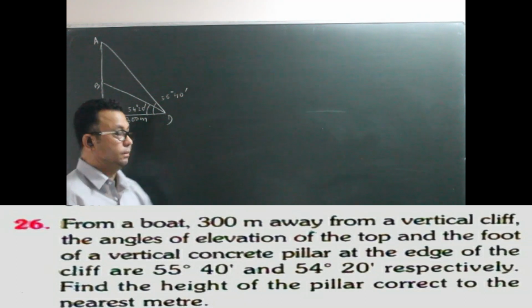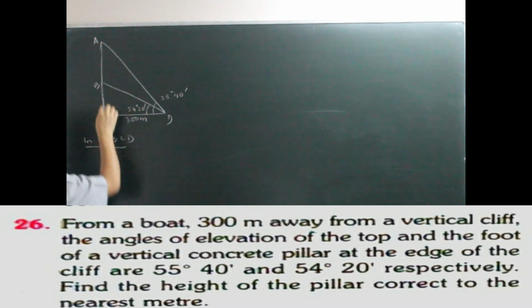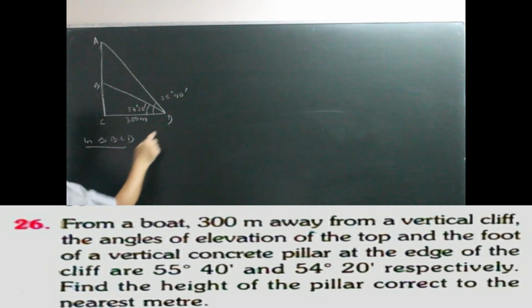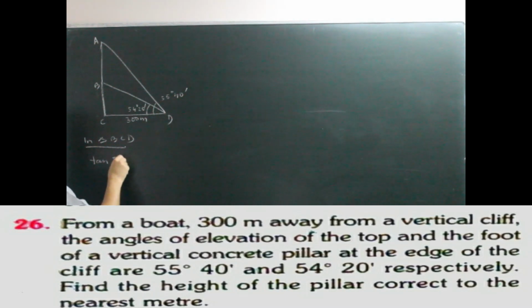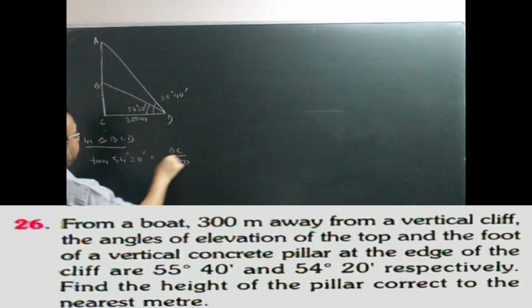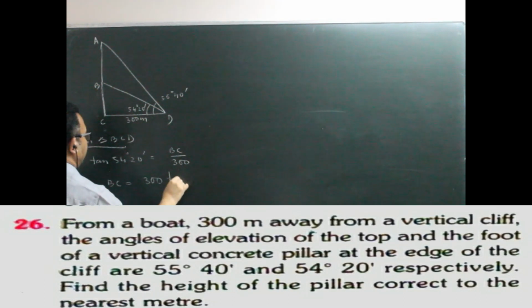You can also do it directly. Yeah, something like this. First I'm starting with triangle BCD, this small triangle. So in this triangle, I am looking for BC, which is perpendicular. This is base. So again, tan 54 degree and 20 minute is equal to perpendicular, which is BC, by base, which is 300. So then, how much is the BC value? If I cross multiply, I am going to get BC value equal to 300 into